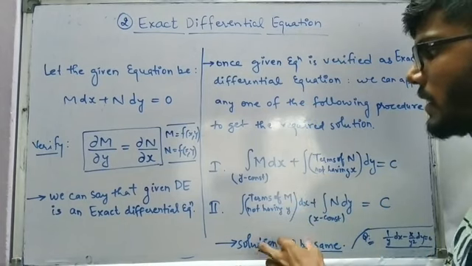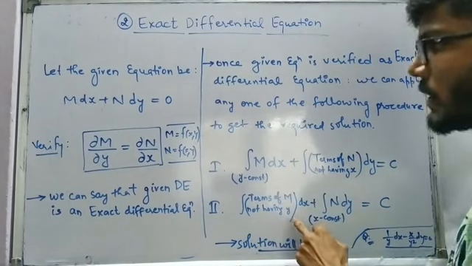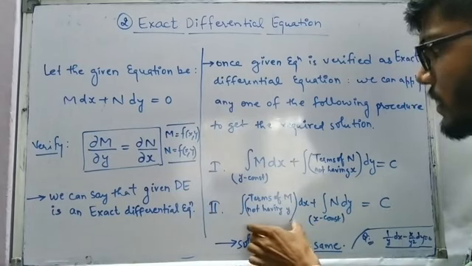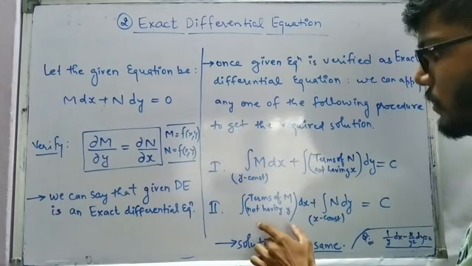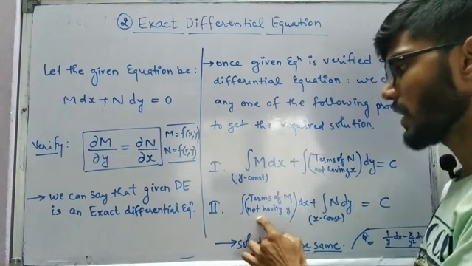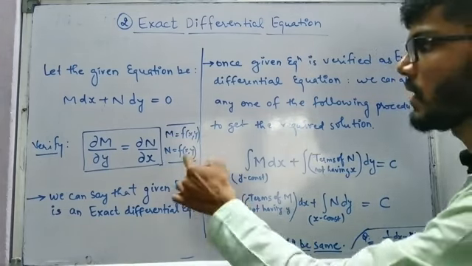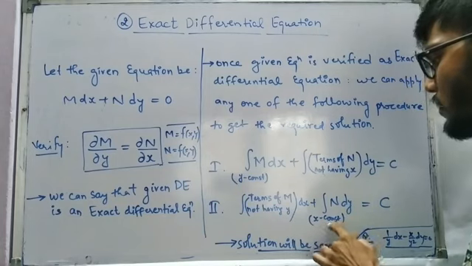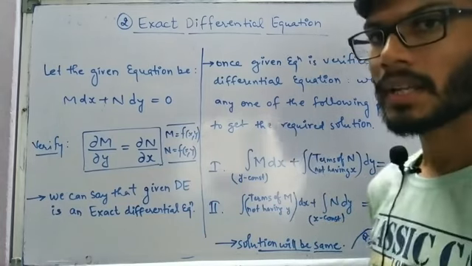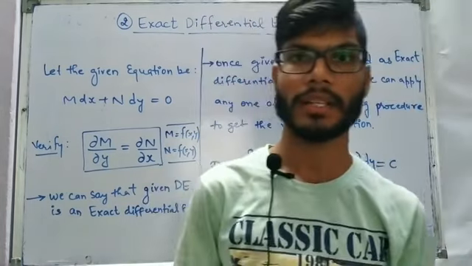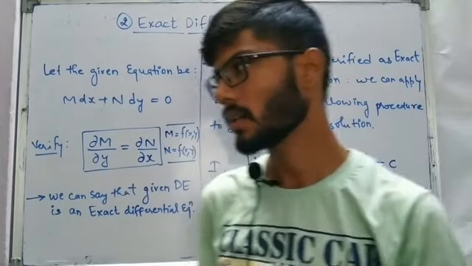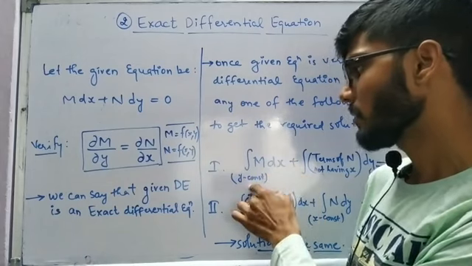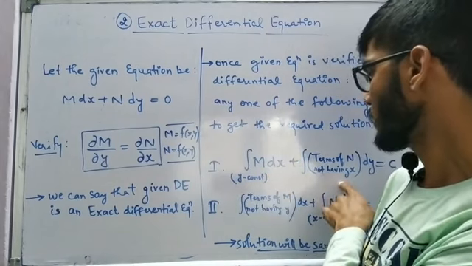And in the second case, we are going to integrate M and N with respect to x and y again, but in this case we are doing the reverse. The terms which have y in this particular M we have to ignore and integrate with respect to x, and in the case of N we have to take x as the constant. So we can do either of the things. In the first case, if we are taking M as the integration with y constant, we have to neglect the x term in the N.